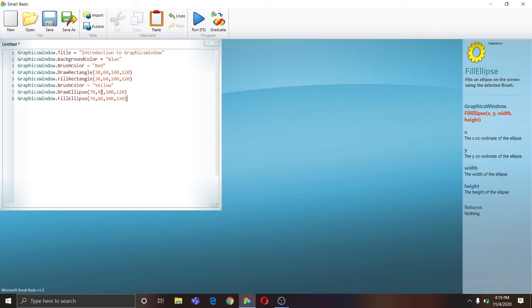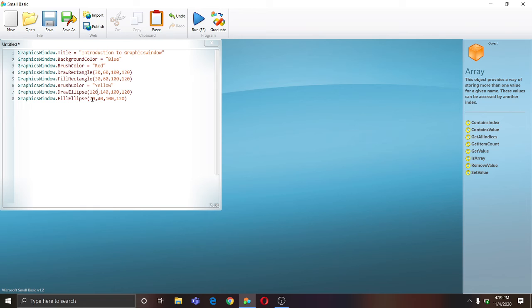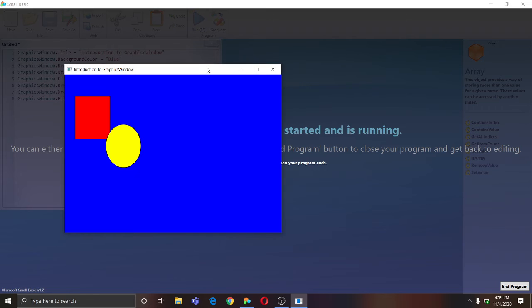I'll just change the position. It is very close, right? So I'll set this to 120, and this is 140, this is 120, this is 140. Now let's see, they should be far apart. Still they are close, but it's fine.